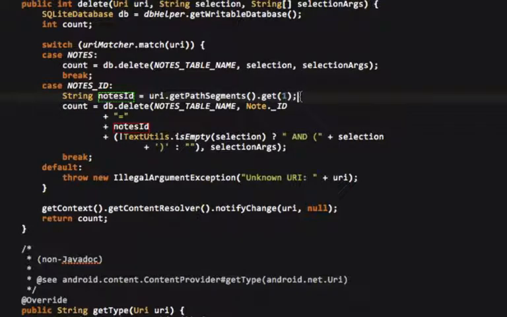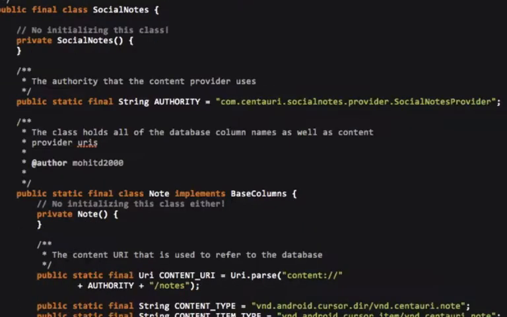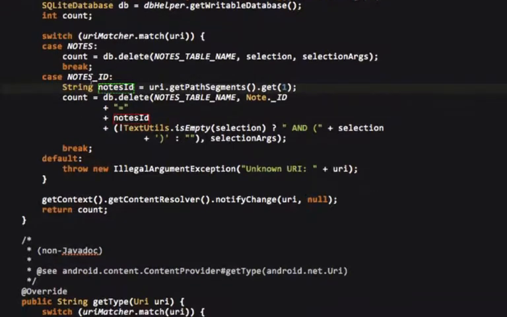So let's say this is note with ID 3. Then the URI would be content://this authority/notes/3, 3 being the ID of the note. Alright, now what we do is we delete from our database